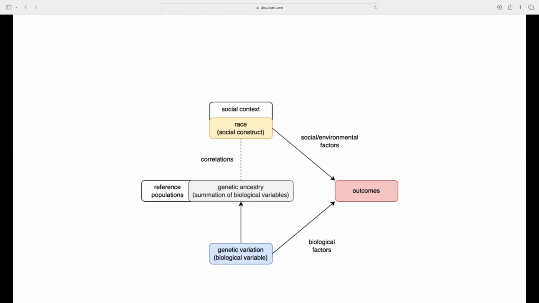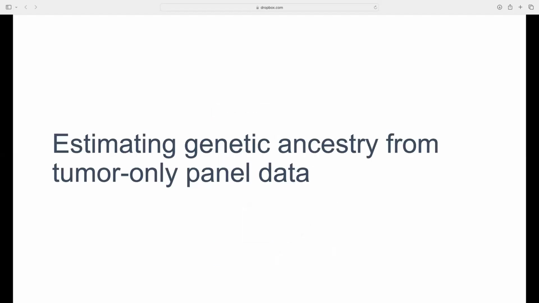And as a consequence of the way that race as a social construct has been used in our society, there are of course going to be correlations between racial groups and labels, which change over time, but will be correlated with genetic ancestry. And so all of the arrows in this diagram themselves start to have fairly complex relationships. It's important to keep in mind that when we see correlations, that does not necessarily mean that a factor that's correlated is actually causal for the outcome. And I'll get into how we try to disentangle correlation from causality in this setting.